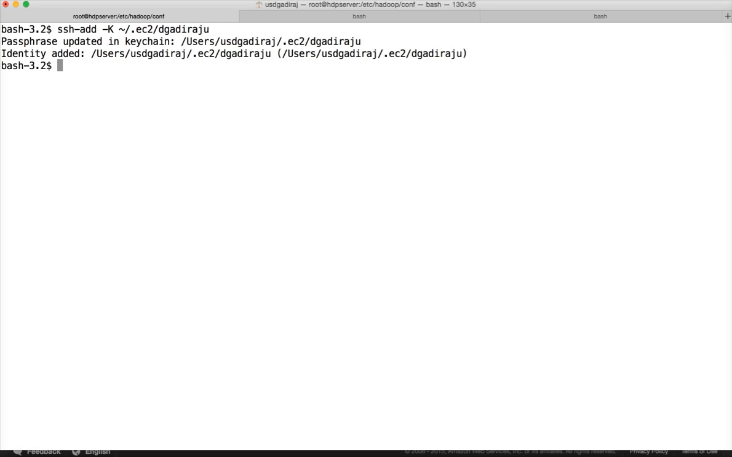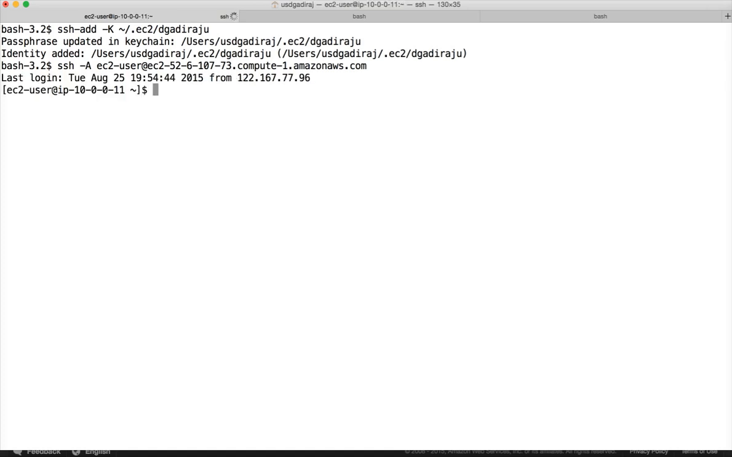And if you want, you can validate by running ssh-add -L, and you can see the details that it is added. And then you can run a command called ssh -A like this to connect to the host, and it will enable SSH forwarding, and we will be able to connect to all the hosts which are using private IPs alone. So I am logging into the gateway node or client node, the node which has our Ambari server,